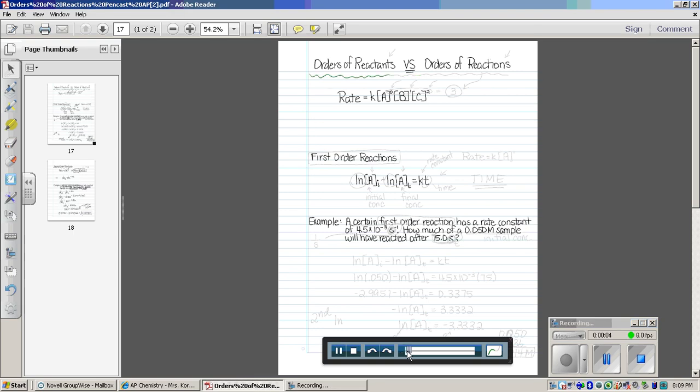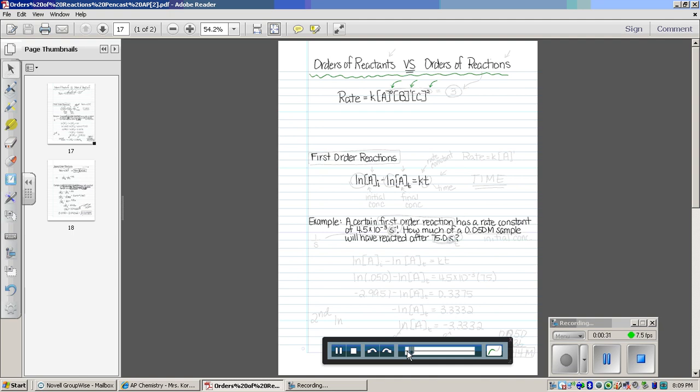Okay, in class we were talking about orders of reactants. For example, if you look at this first rate equation that is written at the top of my paper, it's also at the top of your notes paper. This 0 right here is saying that A is 0 order, that reactant B is first order, and that reactant C is second order. We discussed in class how those orders can tell you things about the individual reactants, but